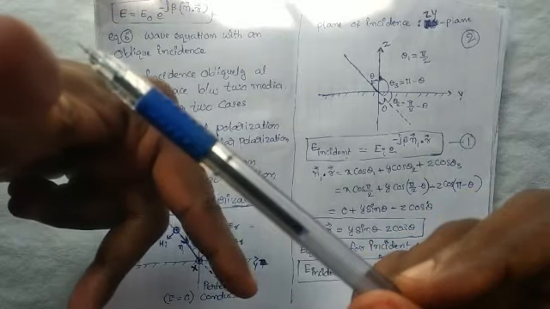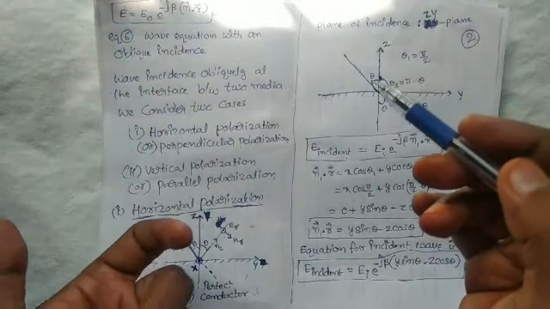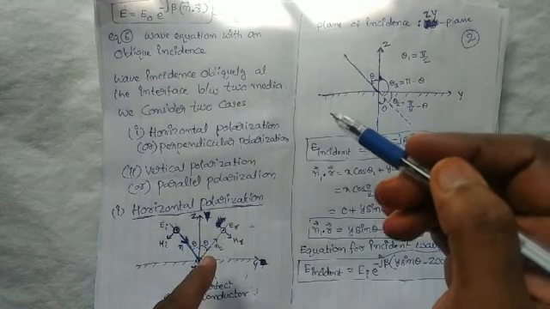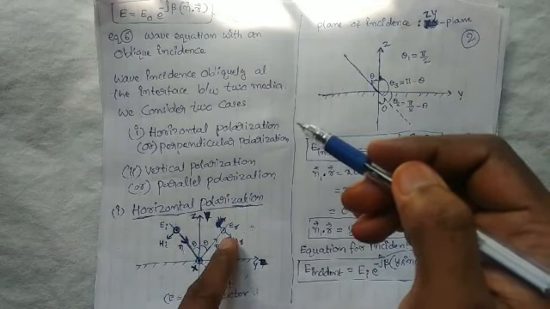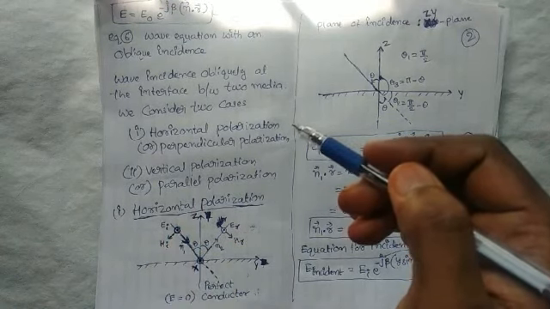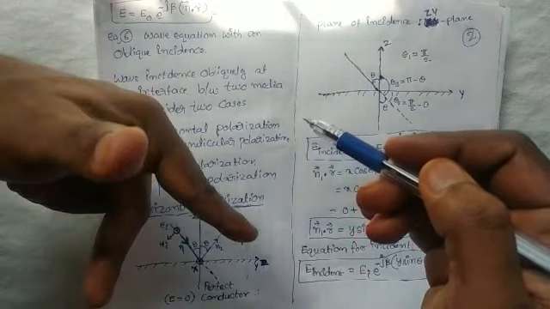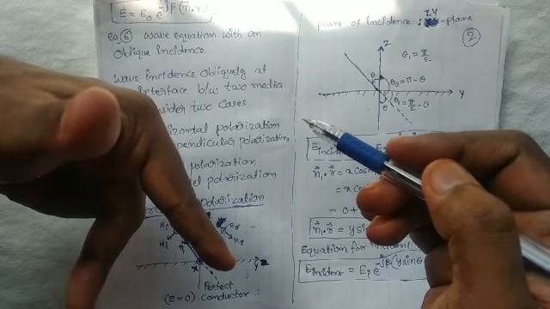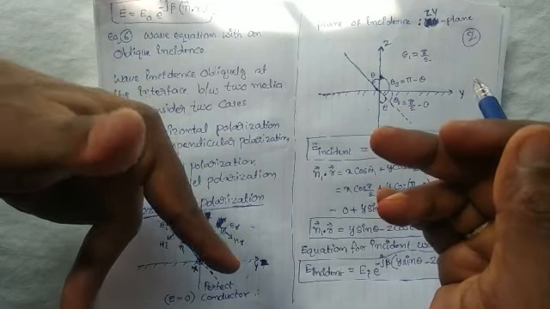This polarization is simply called perpendicular polarization, meaning the electric field is perpendicular to the plane of incidence. That type of polarization is called horizontal polarization or perpendicular polarization, for both the incident and the reflected wave. Here the electric field intensity is out of the page, perpendicular to the plane of incidence. The direction of propagation, electric field and magnetic field are indicated by the left hand fingers. This is for the incident wave.